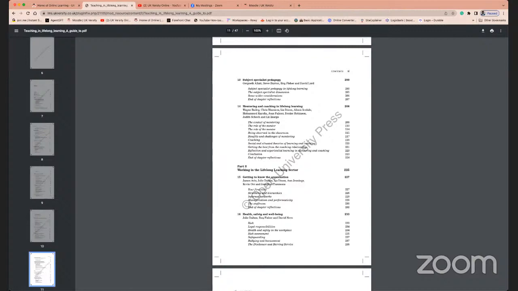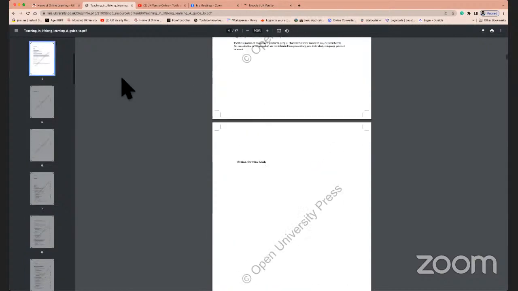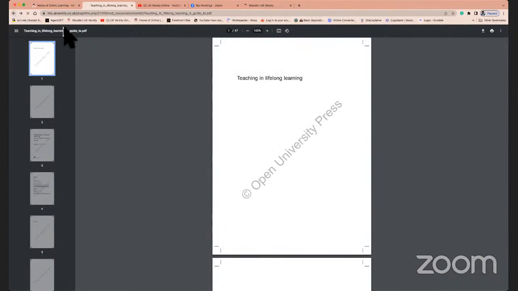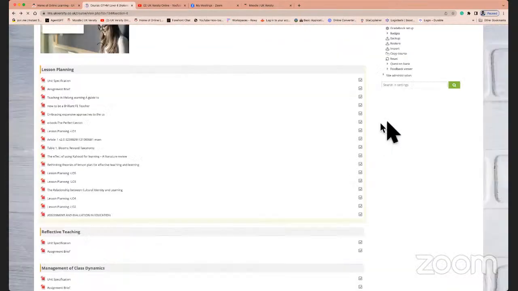So this particular book that I'm going to show you, which is the content here, and I'm going to replace it as we go along and talk, is something which I would suggest you read as a minimum. It's a 600-page book. There are, I think, 26 chapters in that book. When I did my PGCE in higher education, that's the only book that I have read in teaching, to be honest. And it is the Bible of every teaching course.